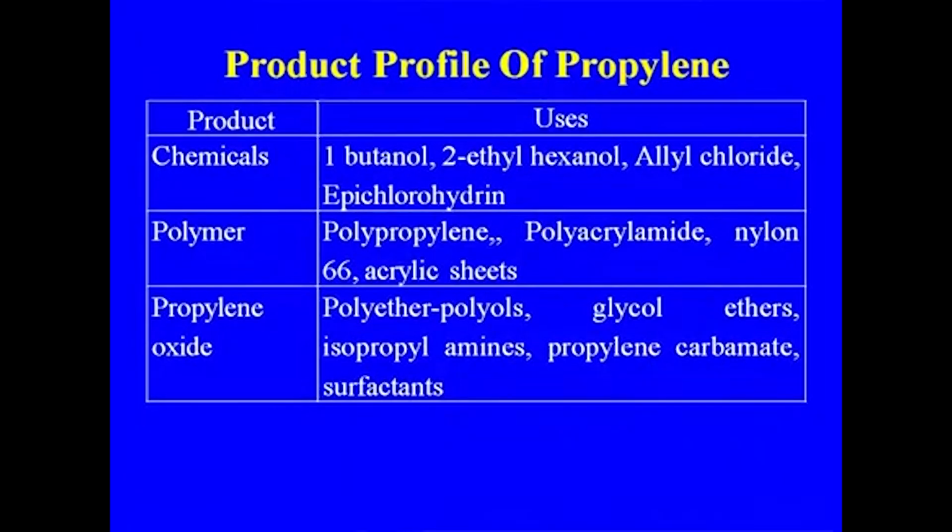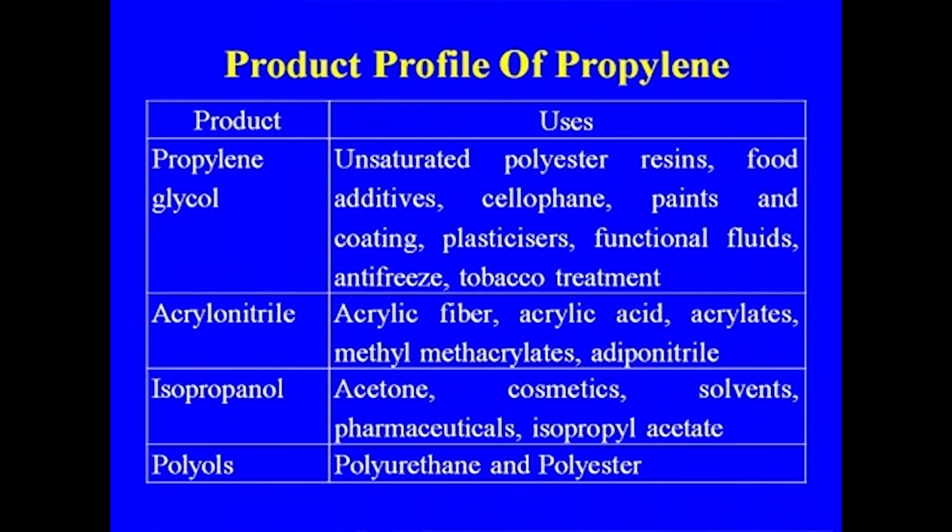Let us discuss some of the chemicals. These are some of the chemicals: 1-butanol, 2-ethylhexanol, allyl chloride, epichlorohydrin, polymers, polypropylene, polyacrylamide, nylon 66, acrylic acid that we are making, propylene oxide, polyether polyols, glycol ethers, polyols that we are using in the case of polyurethane, isopropyl amines, propylene carbamide and the surfactant industry, that is the propylene glycol,